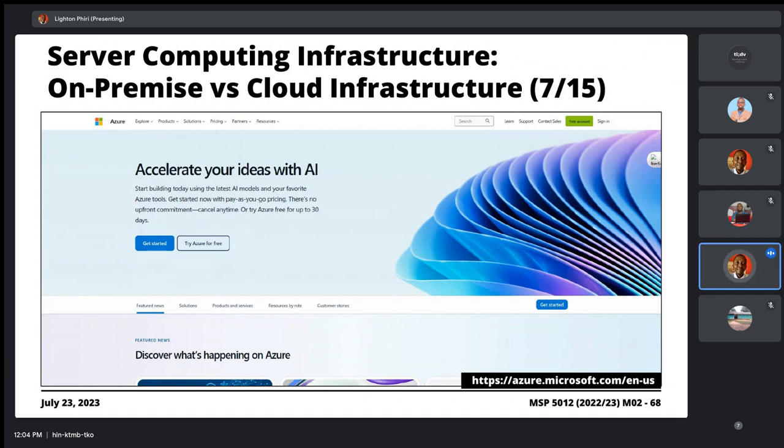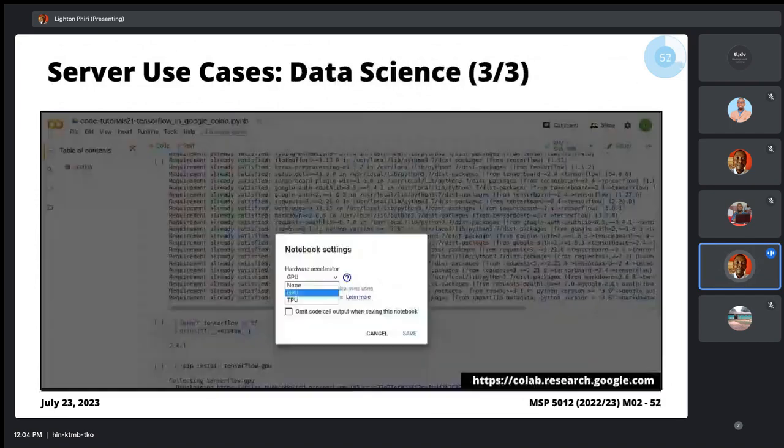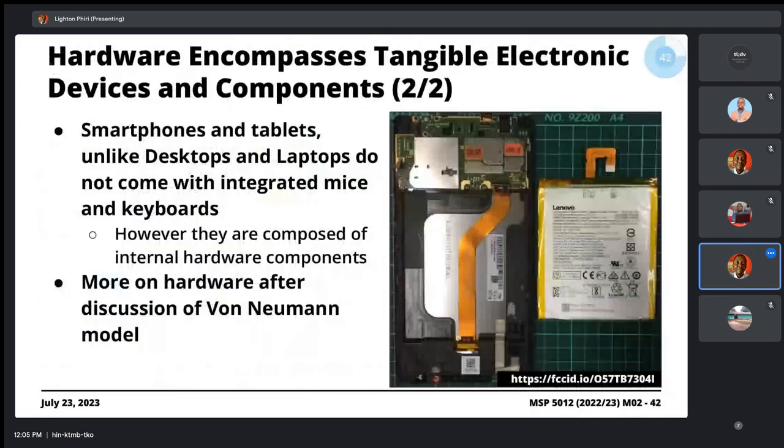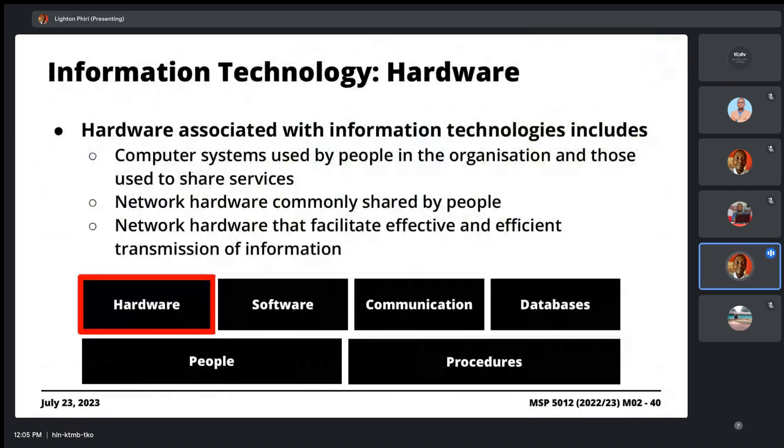Anyway, yesterday when we met, we mostly discussed this whole notion of cloud computing. That discussion is tied to our broader discussion of the technological infrastructure linked to management information systems, and specifically we are still looking at the so-called hardware. We emphasized that the crucial hardware components involved are computer systems.